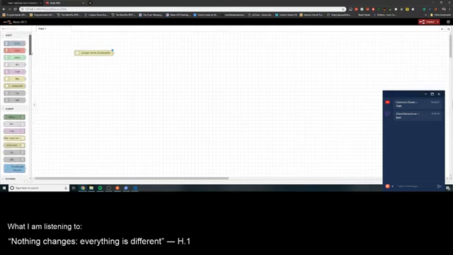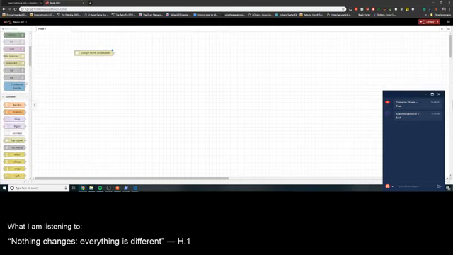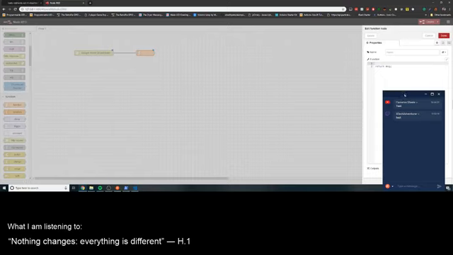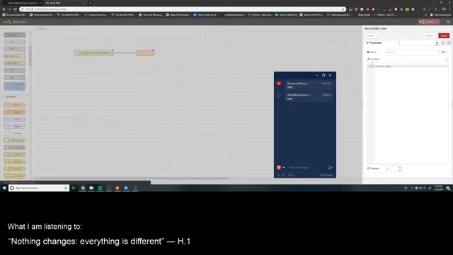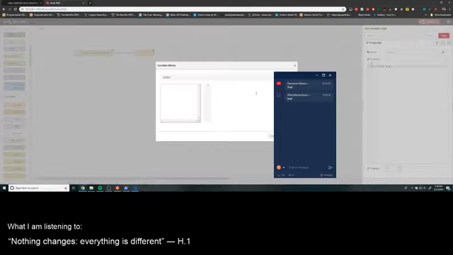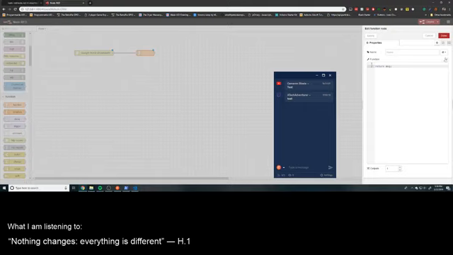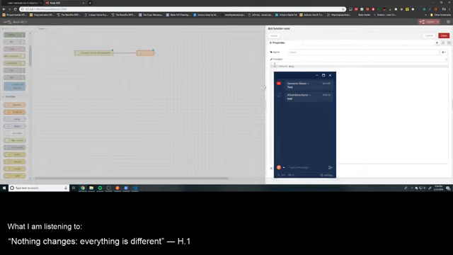So what this will do is it'll then go through a function. Now, I've never worked with functions directly in Node-RED before, so I'm not exactly sure what the scope of this is and what I have access to. So yeah, this is gonna be kind of interesting.